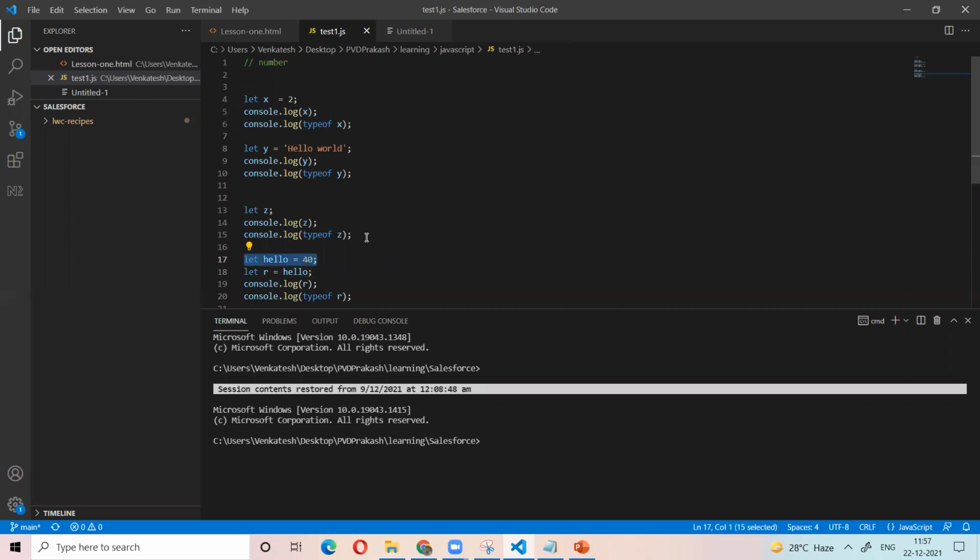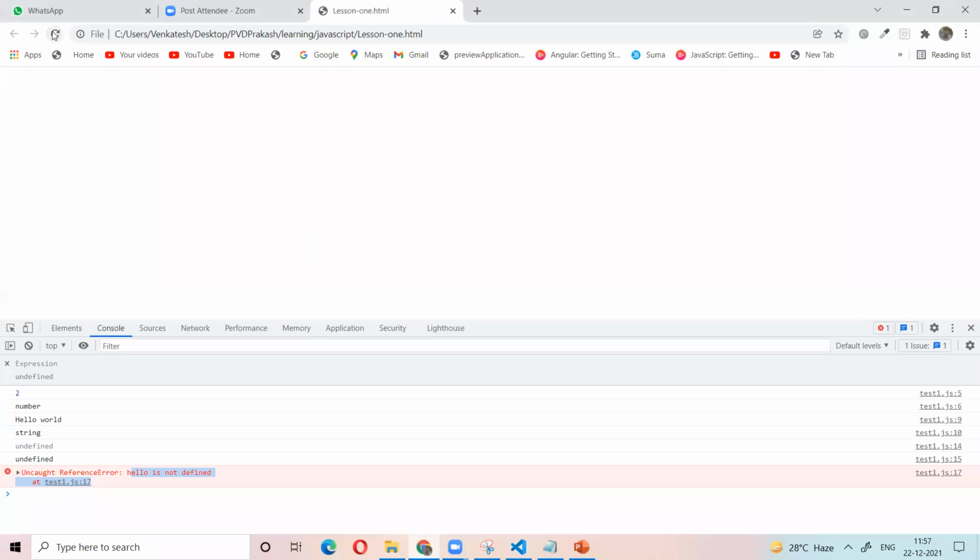Previously, if you write hello here, it does not know what it is: not a string, not a number, not a boolean. So it gives an error. Now it checks the previous code and finds that this is a variable with a value, and the value is print.